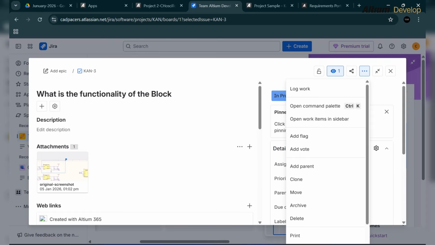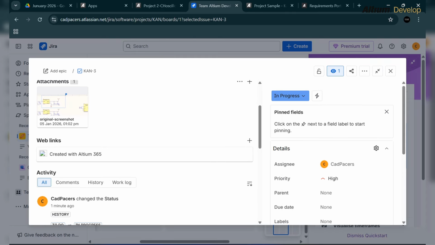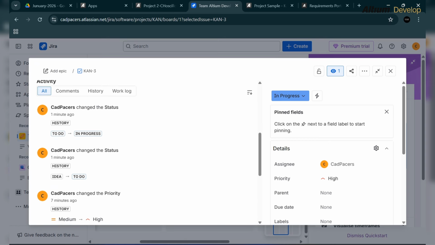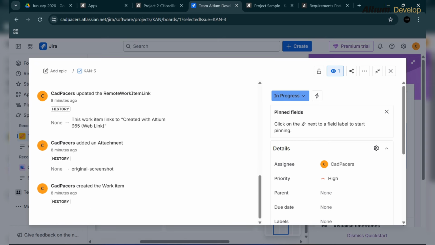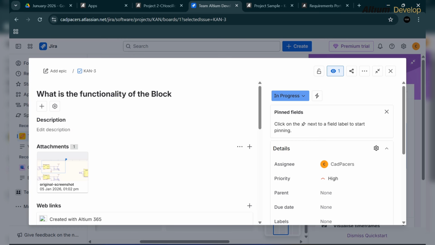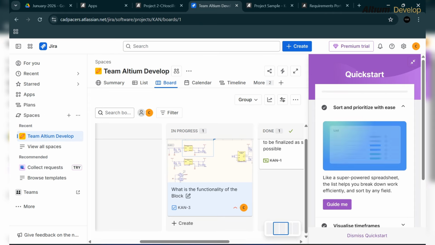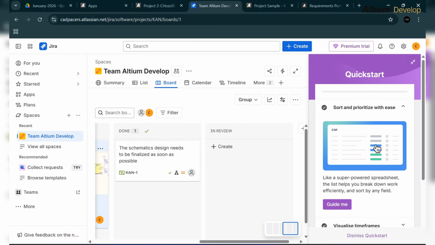On the three dots option, you have some more options. You can share this task with someone else by clicking on the share option. And these are all the changes. What is the functionality of the block? This was basically a task I just added as an example. So just close this